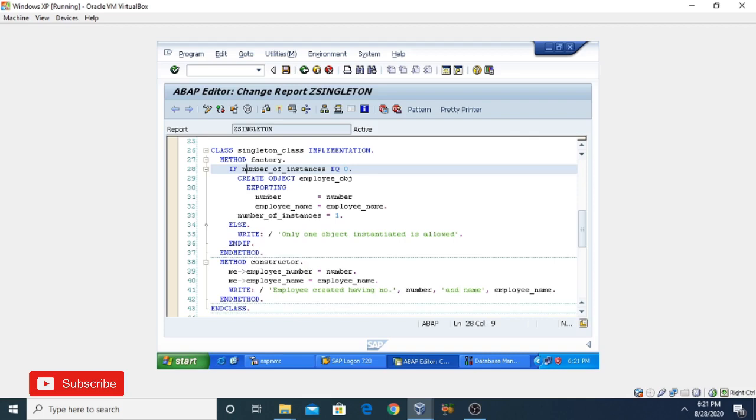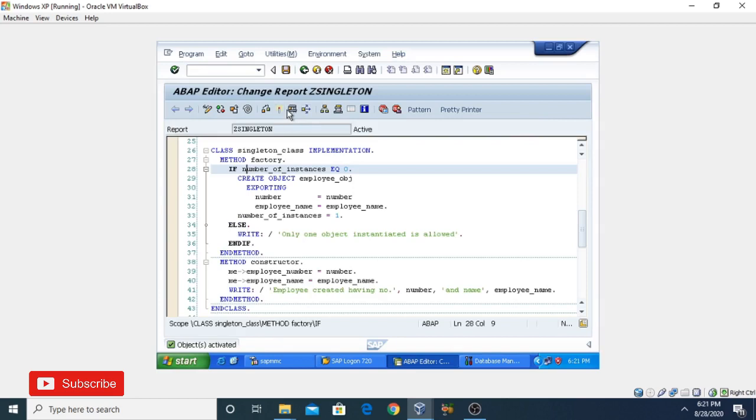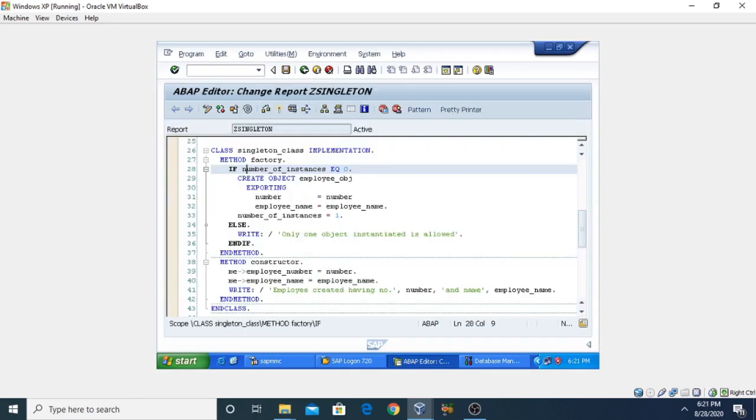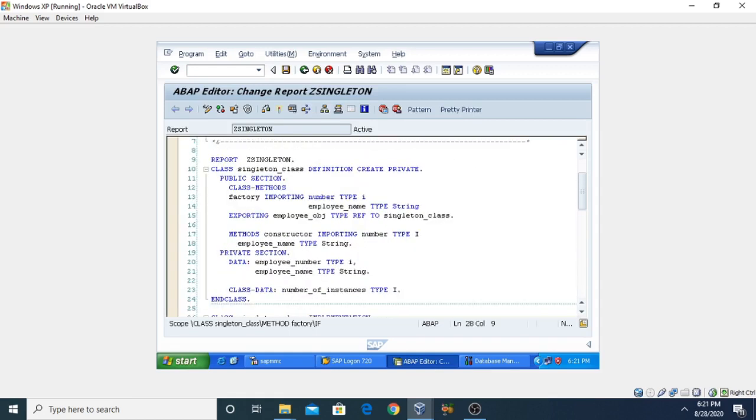No, one object has already been created in the memory, so it becomes a false statement. So it will directly jump from this one to this one and write the statement that only one object instance is allowed. So this was an example of the implementation of the singleton class. This way you can create the program or implement the singleton class using factory methods.